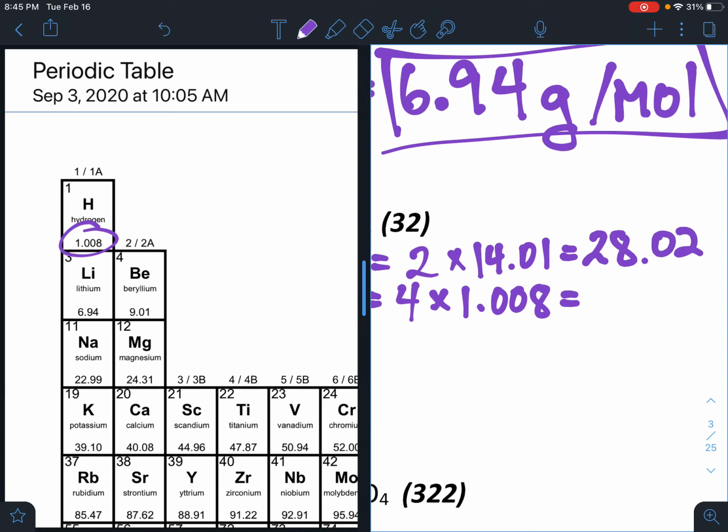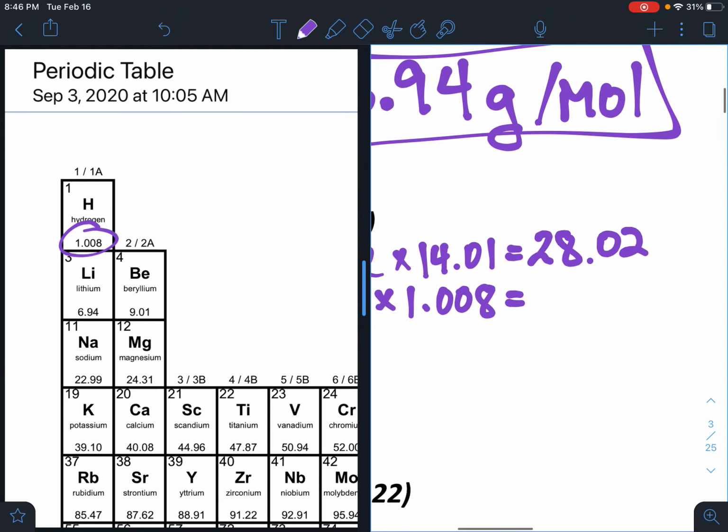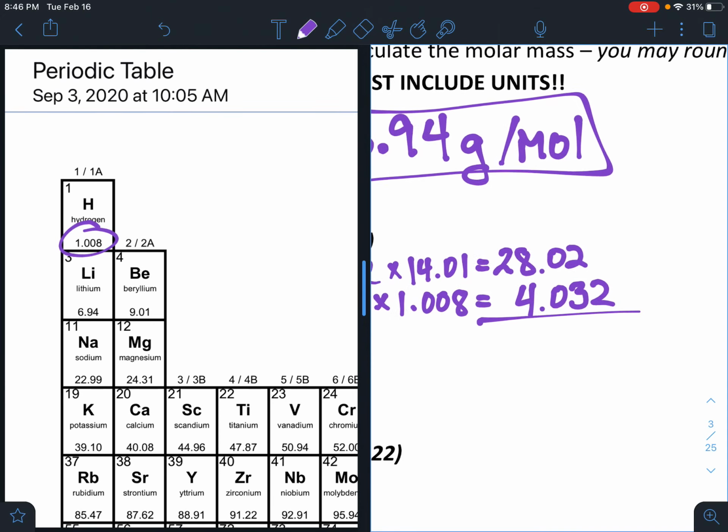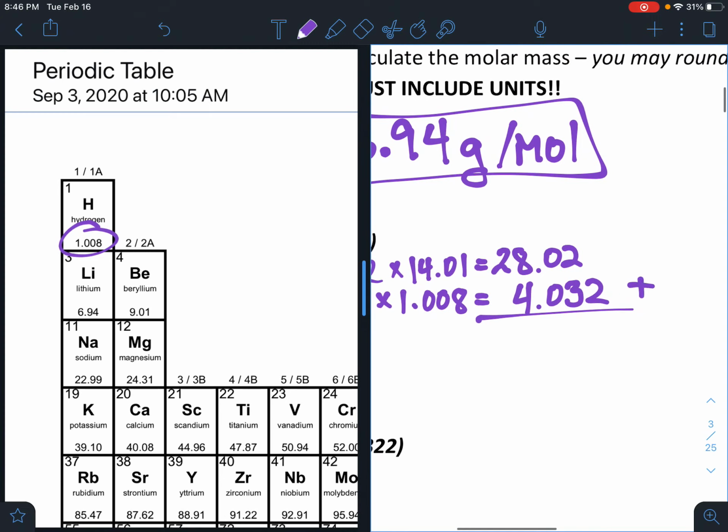4 times 1.008 is equal to 4.032. Now it's like a little addition problem here. I'll put the plus sign on the right side though, since I don't have a lot of room on the left. We simply add these two numbers together, and you should get